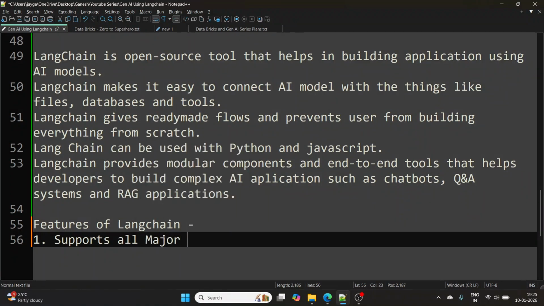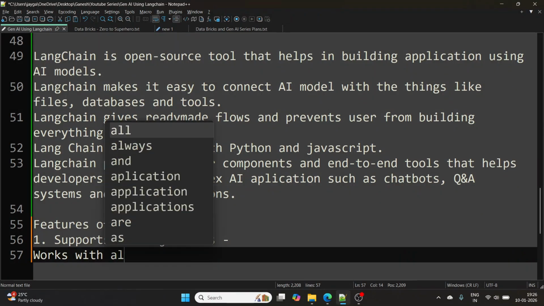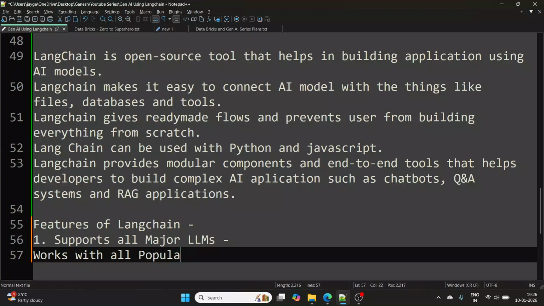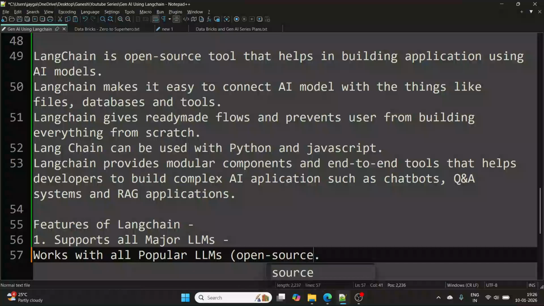Basically, LangChain works with almost all popular LLMs. We can use all popular LLMs using LangChain, whether they are open source, that means free,